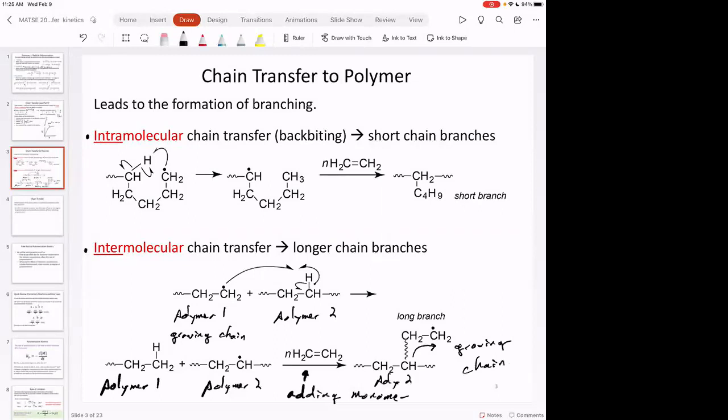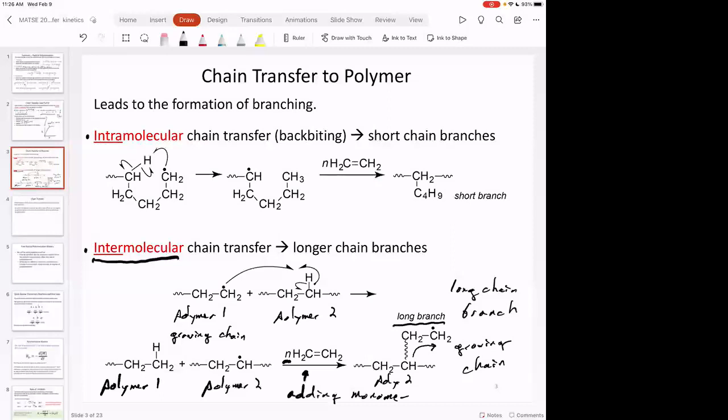And since we added N monomer, that's going to be a little bitty polymer with a degree of polarization N that's growing off the side of that chain. And so you create through that process what's called a long chain branch from intermolecular chain transfer. And this is a little bit hard to visualize unless you take this home, practice it tonight,